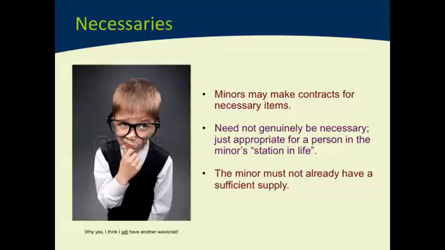What happened was that the judge at first instance decided to put to a jury, because they used juries much more extensively in those days, the question of whether these items were in fact necessaries, whether they were necessary for the position of a young man who was a university student at Cambridge. And the jury came back and said yes, they were. And so there was an appeal to the Court of Appeal, which said, well,